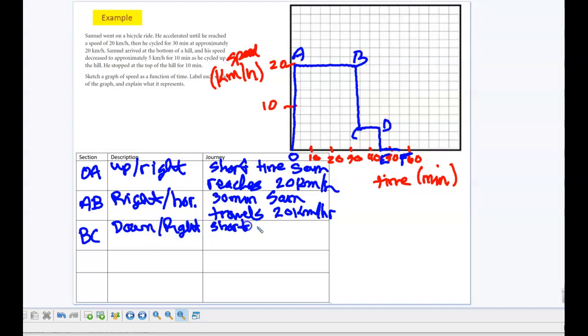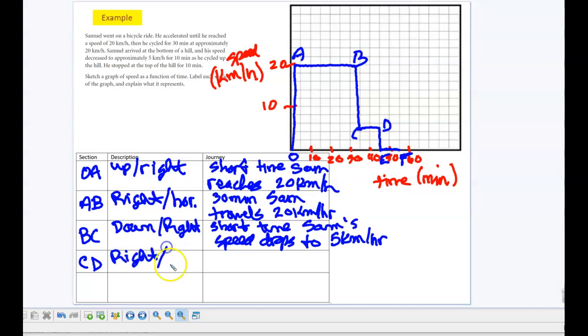Again, in a short time, Sam's speed drops to 5 kilometers per hour. From C to D, the graph is right and horizontal. Again, Sam rides for 5 kilometers. So for 10 minutes, Sam travels 5 kilometers per hour. Now D to E I'm not going to put in the chart because from D to